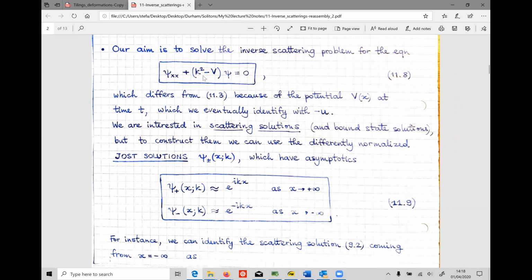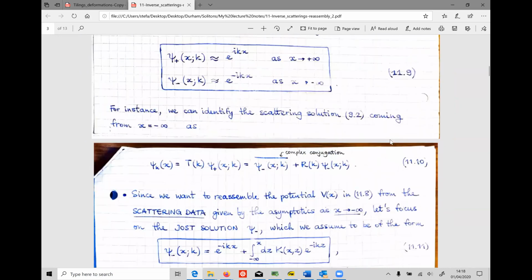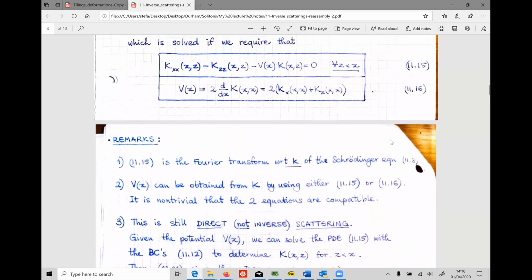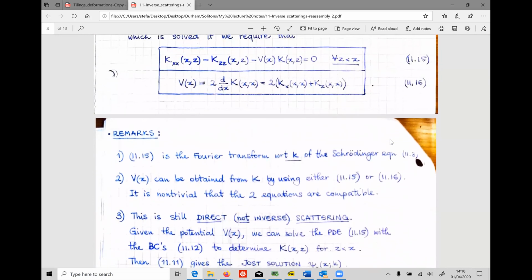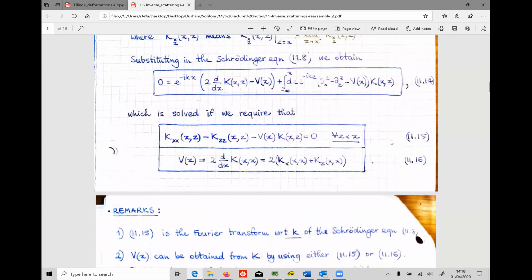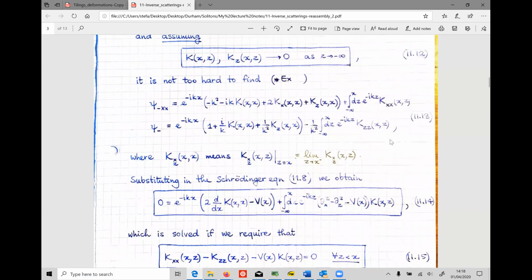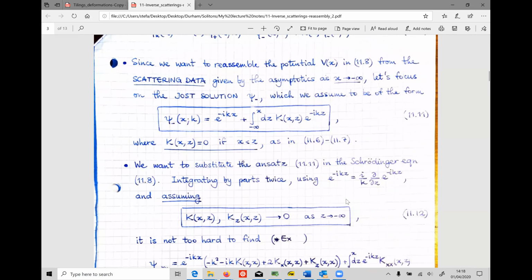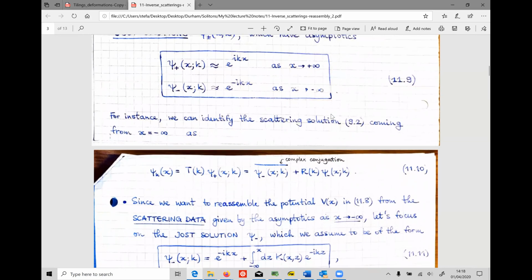So we're given the potential v, and now we can solve equation 11.15 with the boundary conditions 11.12 to determine the integral kernel k. And then we plug that integral kernel k into equation 11.11 to find the Jost solution psi minus of the Schrödinger equation